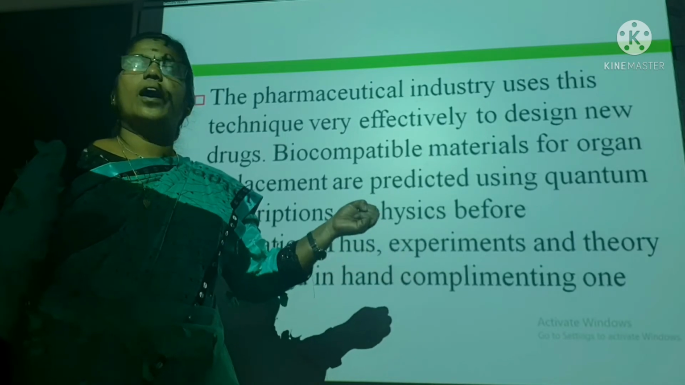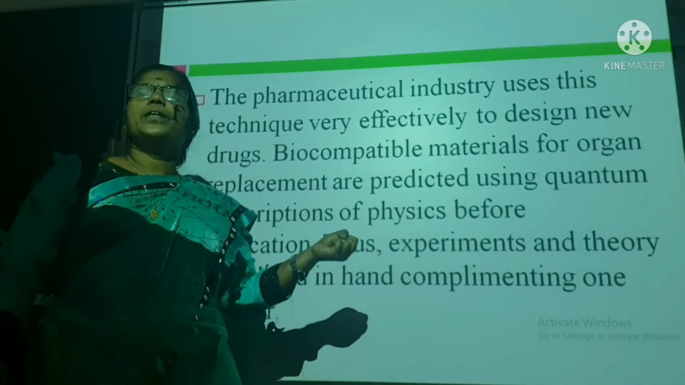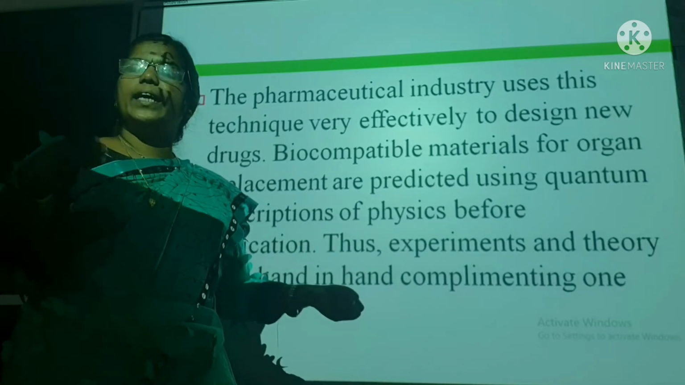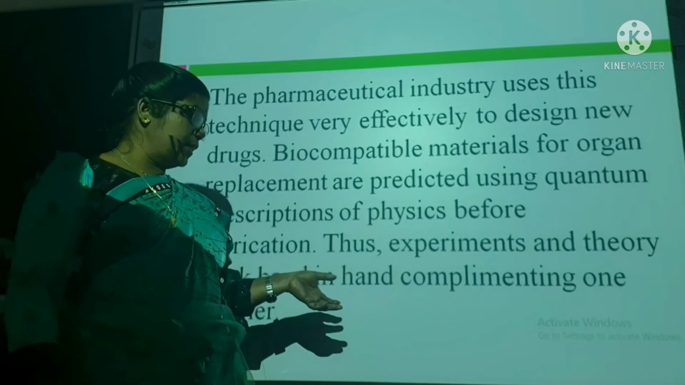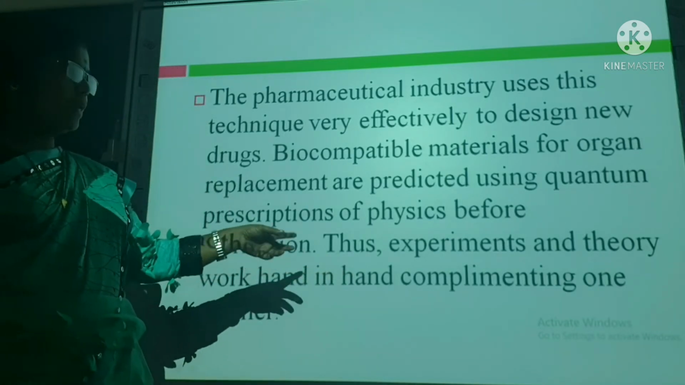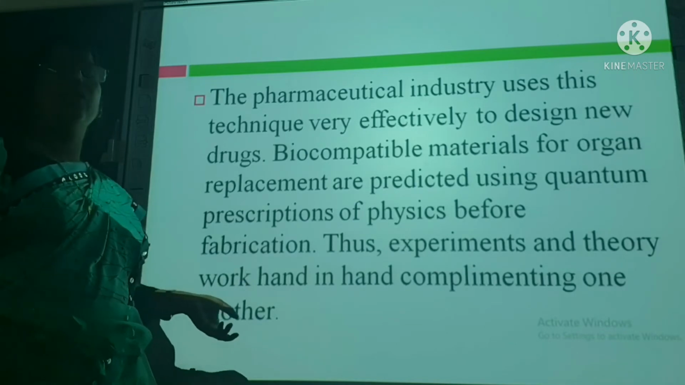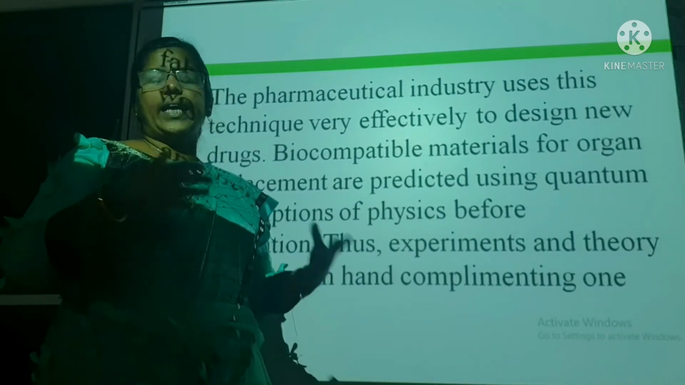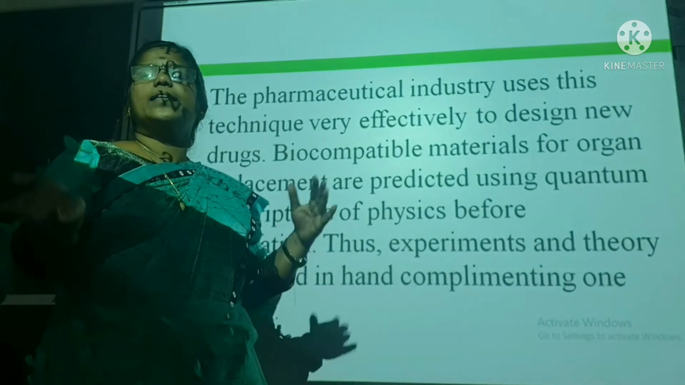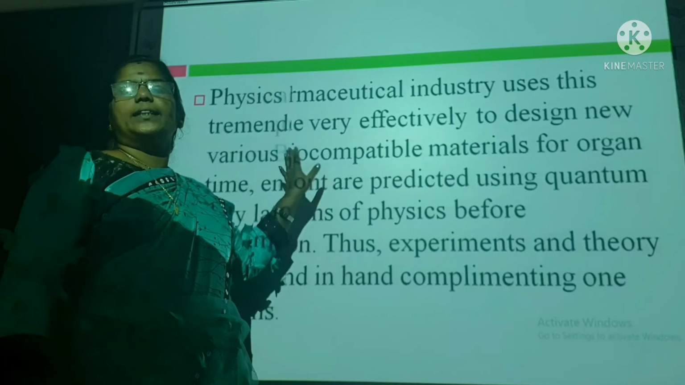manufacture. Human organs are now manufactured, isn't that so? Manufactured, and they replace the original, defective organs. The experiment and theory work hand in hand, complementing one another. So, first theory will be predicted, then the experiment will be done, and theory and experimentation complement each